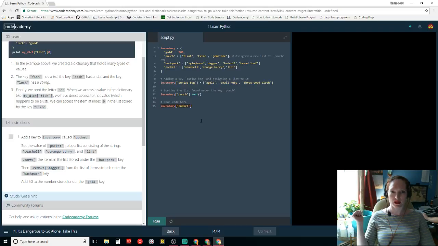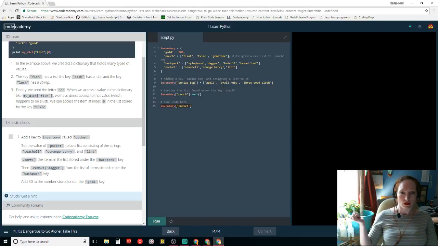Probably want me to put it down there. Add a new list to pouch key. Okay, so this is what we need to do. Inventory, that equals, and then this.